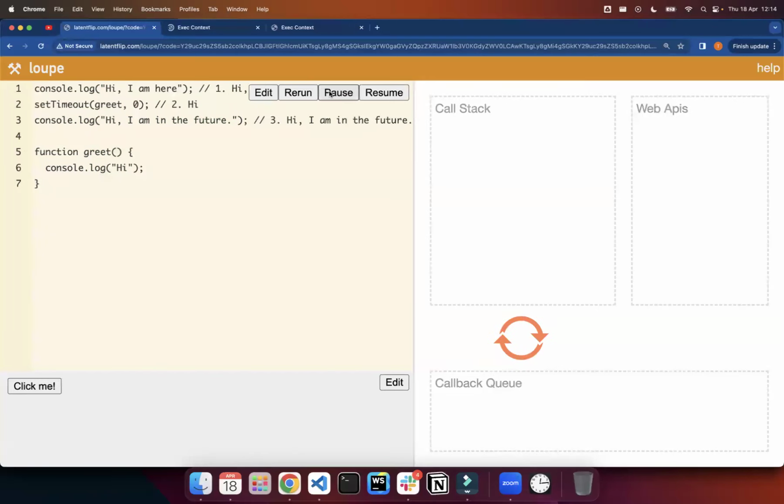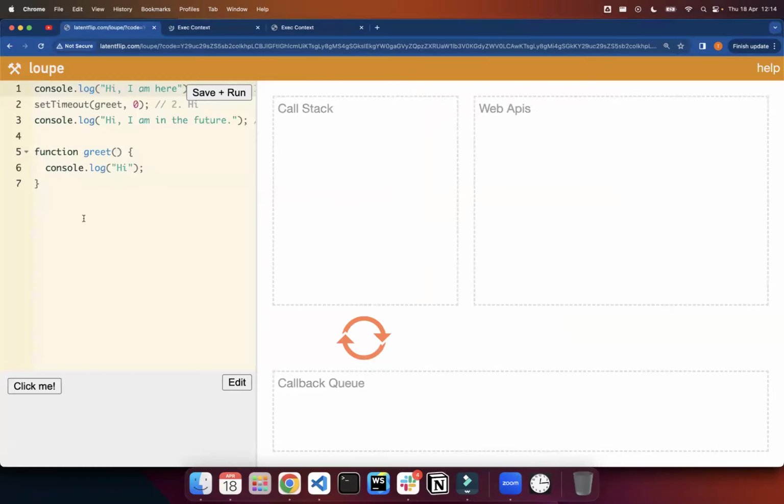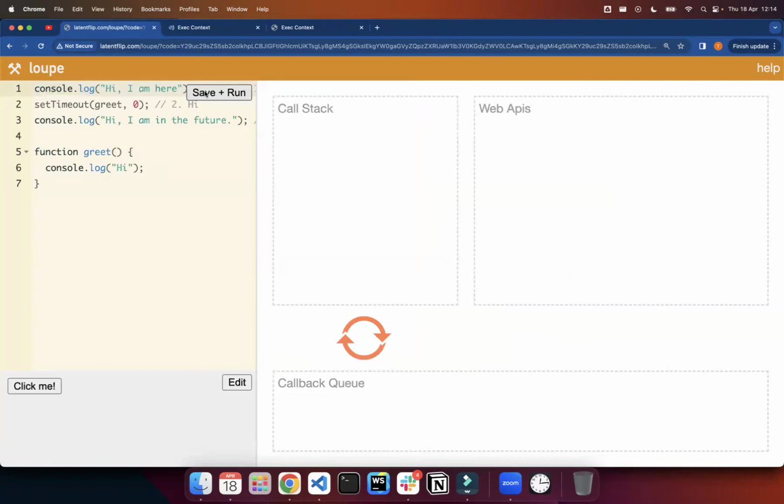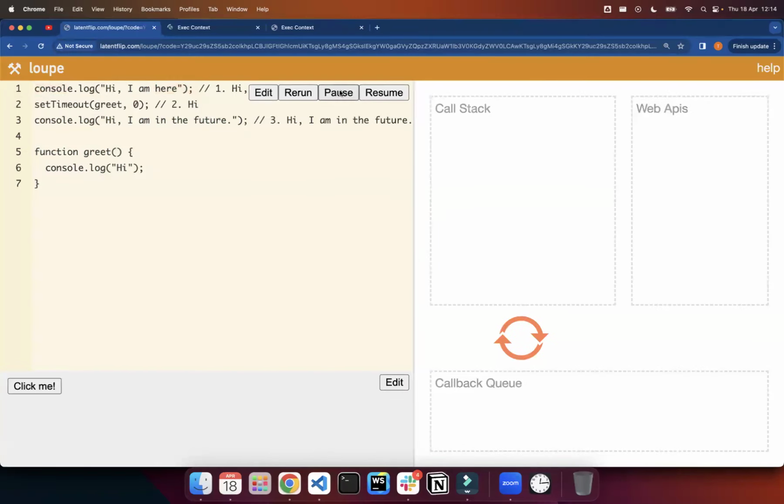I'm going to pause. I missed it. Refresh. Pause. Okay, we run, pause. Okay. So we see we have "hi, I am here." Okay, that's the first guy. All right, "I am here." And then it is popped off the stack. And then the second guy